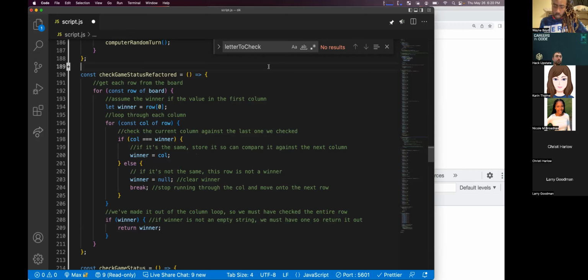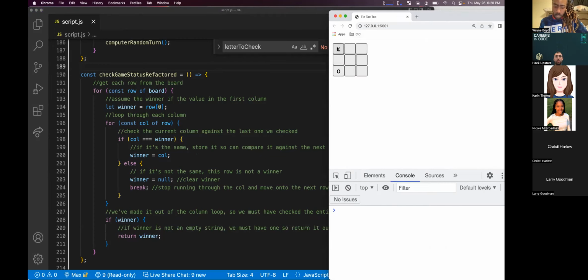Is the game supposed to not have a winner? No, it should. Well, it's not going to have winners for diagonals or columns, right? Correct. We're only checking rows right now. So if you've got 3 across in any of the rows, it should let you win.